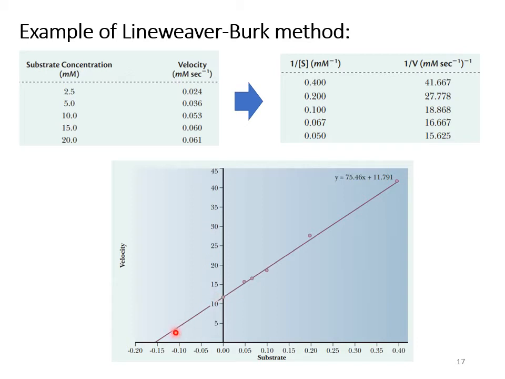And then you would look at the x-axis and do 1 divided by the x-intercept to get the km of 6.45, because you have done 1 over this x-intercept, which is minus 0.155. Okay, and my handwriting may be a little sloppy because of the angle I have to write on the